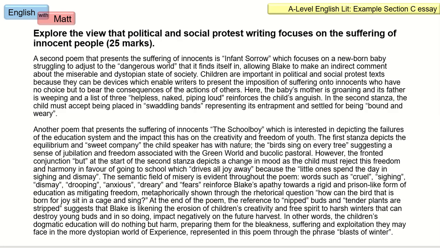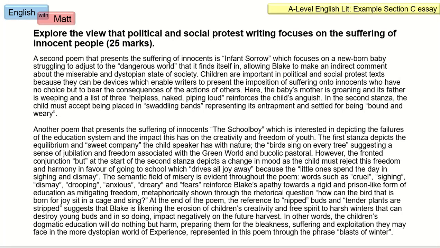bound and wary. Another poem that presents the suffering of innocence is The Schoolboy, which is interested in depicting the failures of the education system and the impact this has on the creativity and freedom of youth. The first stanza depicts the equilibrium and sweet company the child speaker has with nature. The birds sing on every tree, suggesting a sense of jubilation and freedom associated with the green world and bucolic pastoral. However, the fronted conjunction but at the start of the second stanza depicts a change in mood, as the